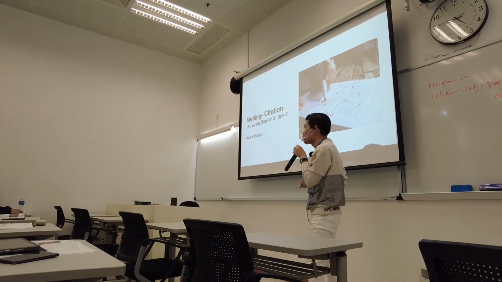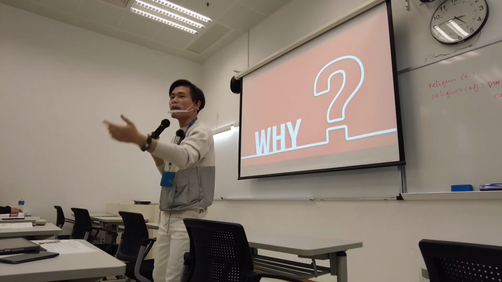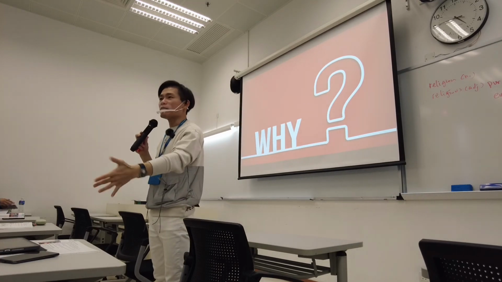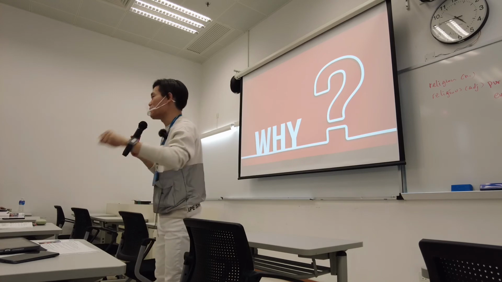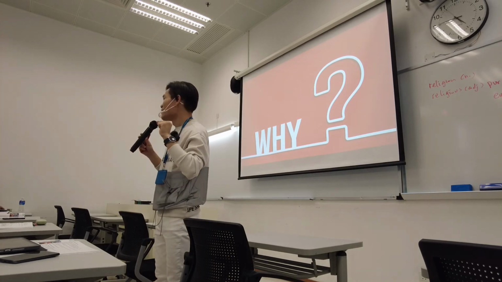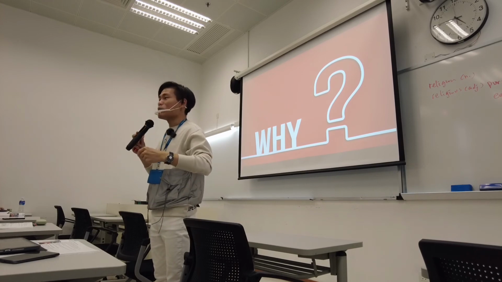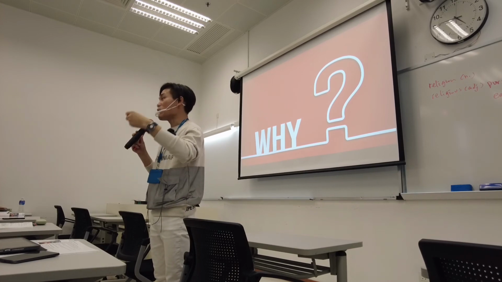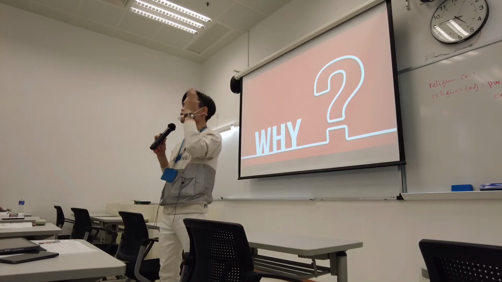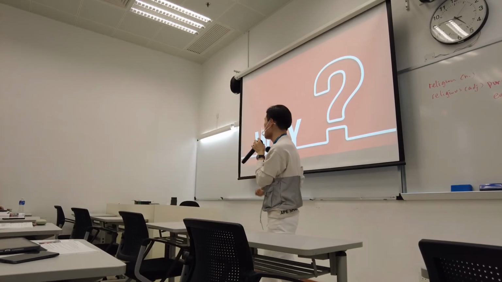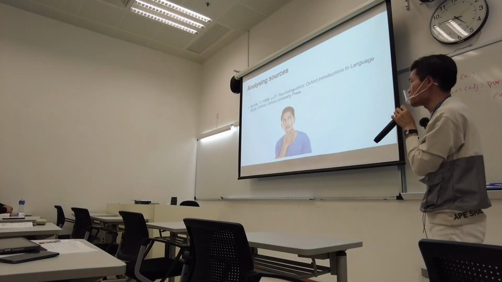It's very important. You have to understand, because if I use her words, her knowledge, without mentioning her name, it's like I'm stealing her knowledge. Okay, so when you use someone's knowledge, you have to mention the name. It's like you give the credit to that person. Okay, and this is very, very strict in your academic writing, so you have to understand this. And let me show you an example.